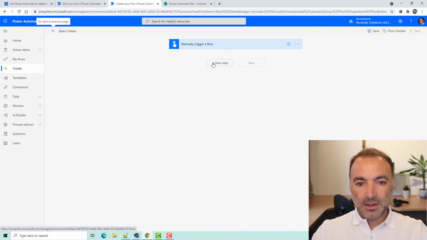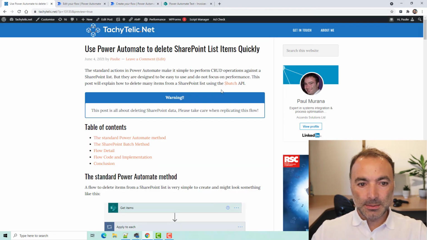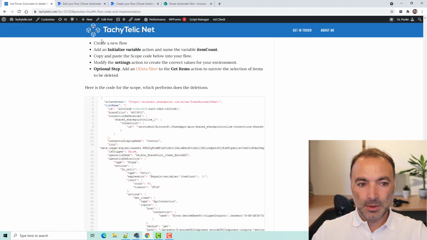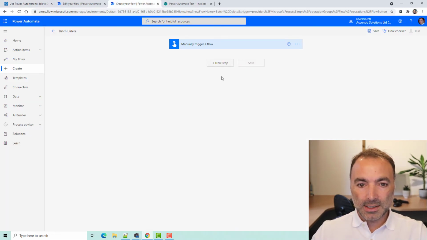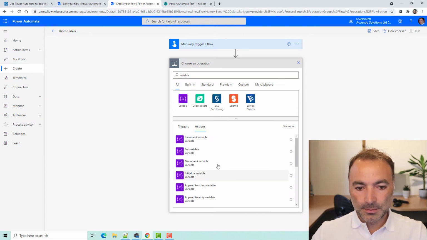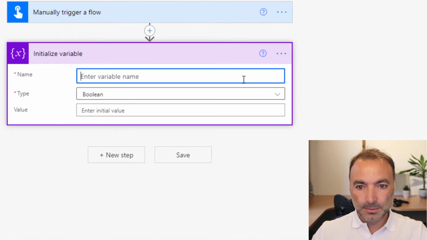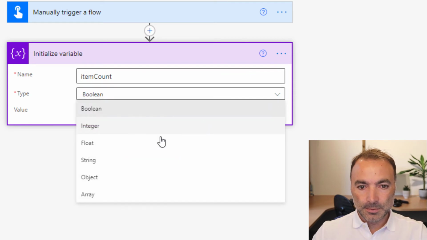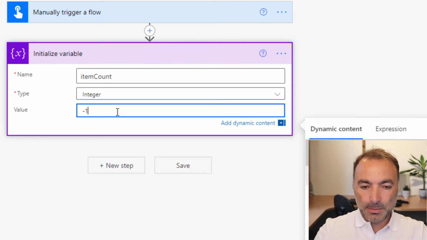So the first thing we're going to do is, if we go to my blog, and the link for this will be in the description, you can go to the section called Flow Code and Implementation, and it gives you the instructions here. So the first thing is we're going to initialize a variable called item count, and we're going to set that to -1.